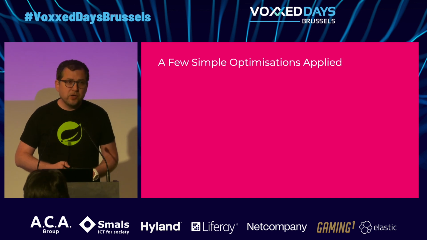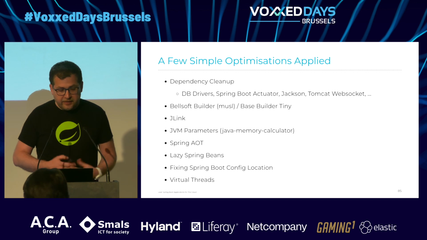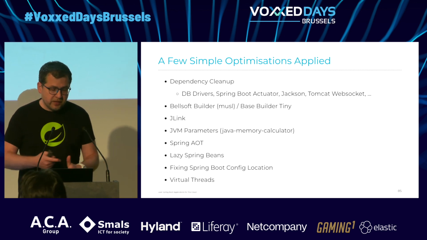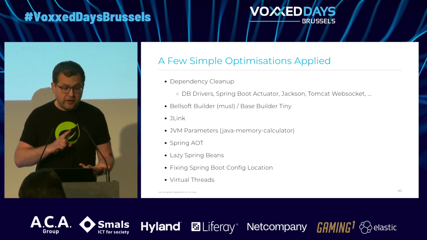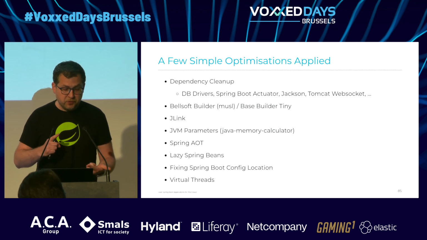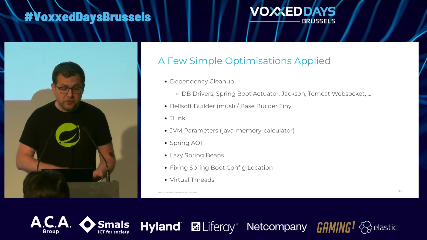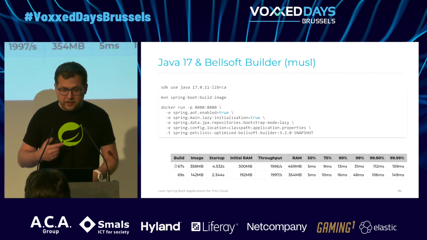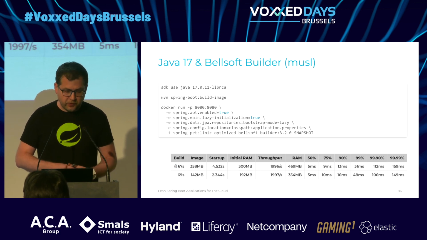So let's have a look at some optimizations applied. That's basically my summary of the talk. Think of this: you are cleaning up your application. You use another builder, use JLink, add JVM parameters, use Spring AOT, use lazy Spring Beans, fix the configuration location, and use virtual threads. If you do this all at once, you will see that on Java 17, obviously without virtual threads because that's not possible yet,